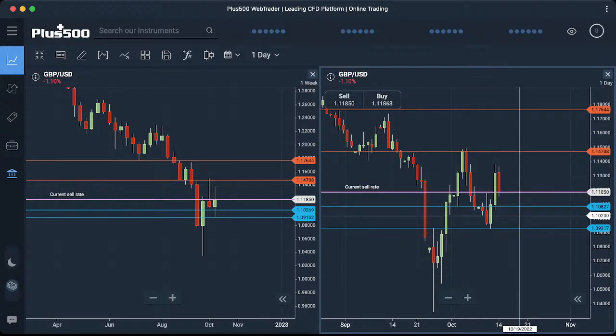So it depends, maybe this is going to be retested after Monday. Maybe price is going to go up slowly in the beginning of the week, and then by Tuesday you can see some kind of manipulation to the downside to retest this bullish order block. And then after that, for the rest of the week, I'm going to see bullish price action, and we will look for a bullish setup to the upside to break the